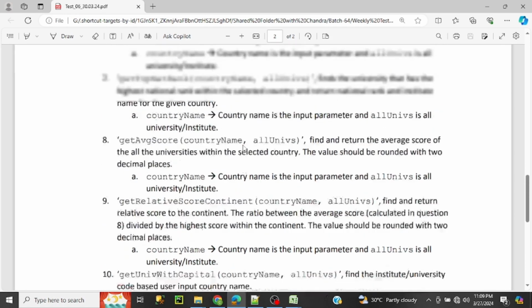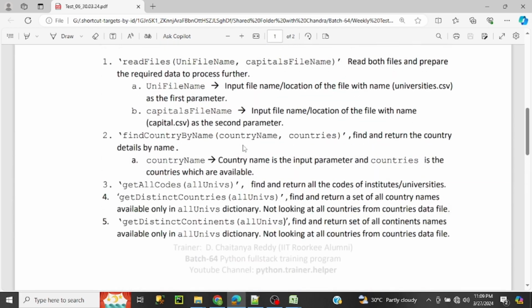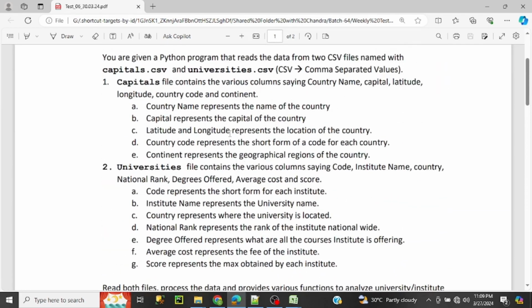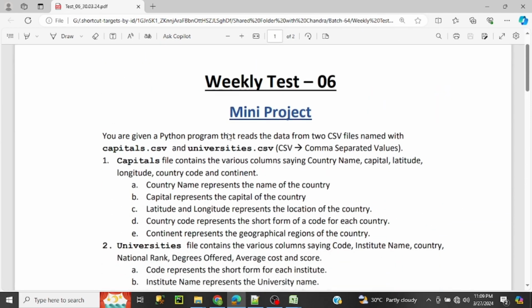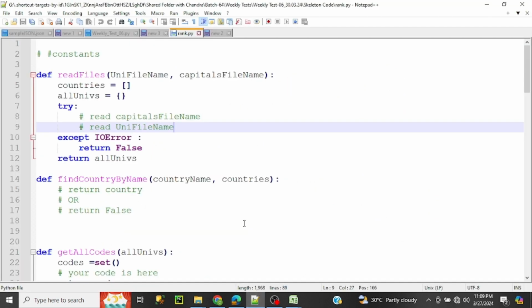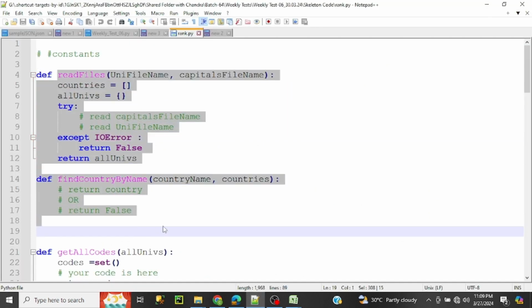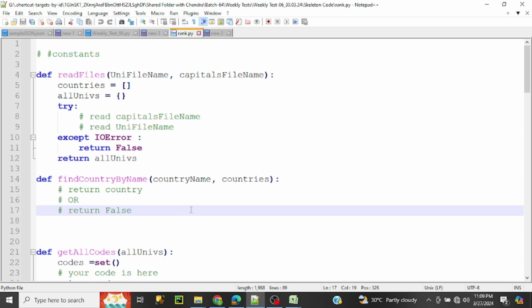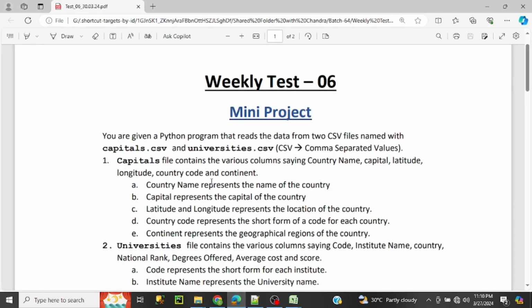For the initial step, for each and every question, we will have a basic skeleton. This is the skeleton for each and every function and question that we will have here. We'll go through the discussion of the weekly test 06 requirement. Now we'll start. Here you are given a Python program that reads the data from two CSV